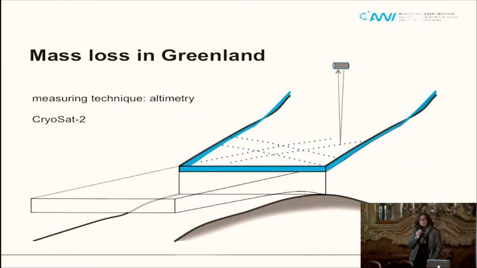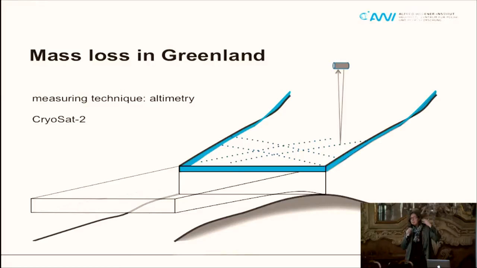Okay, so how do you measure the surface elevation change over time? We use satellite imagery and satellite altimetry. You can use both. You can use DEMs, digital elevation models, and the change of these digital elevation models. And what you need is a repeat visit of the satellite. The basic idea is that you have a satellite sending out a pulse. It might be a radar pulse, it might be a laser pulse, and you measure the time it takes this pulse to get back to the satellite.